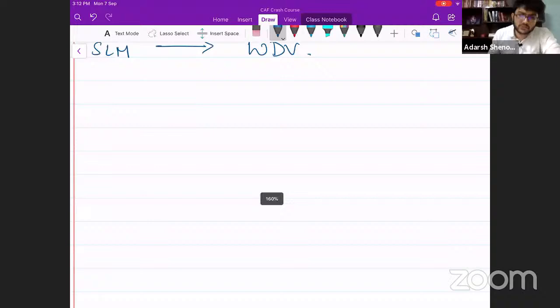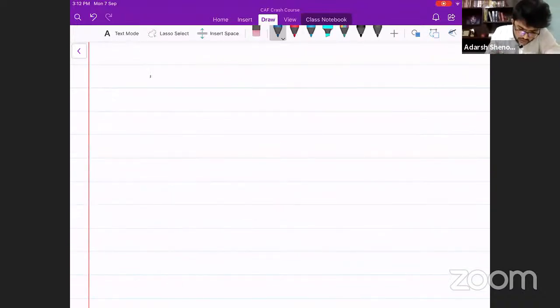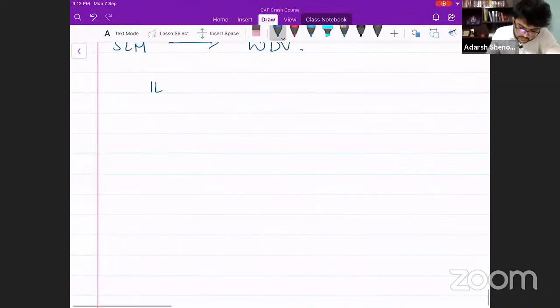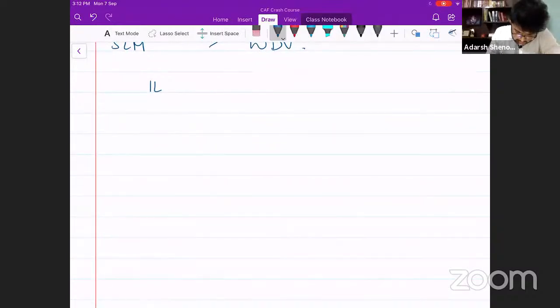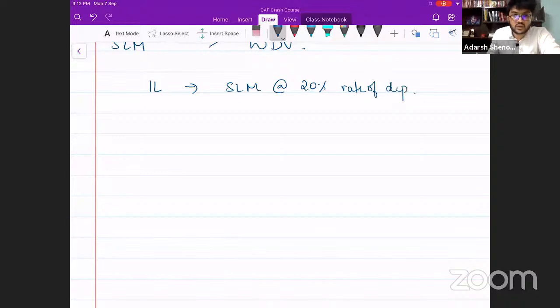Let's talk with numbers. Let's say I had bought a machinery for 1 lakh and I was following SLM at a 20% rate of depreciation. After 2 years of charging depreciation, I'm going to change the method from SLM to WDV. Can you tell me what is the book value of the asset after charging depreciation for 2 years